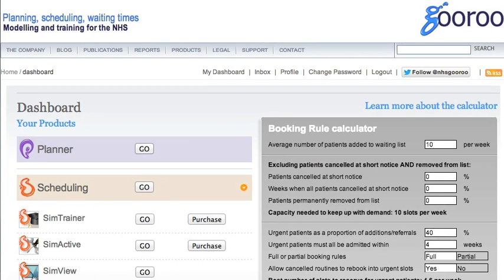When you log into Gooroo, as well as Gooroo Planner, you'll also see a number of scheduling products down here. And these are based on Gooroo's patient booking simulator, which we developed to understand the patient booking process and waiting time dynamics. We've run the simulator as a research tool through over 1 billion patient bookings, and that's over 1